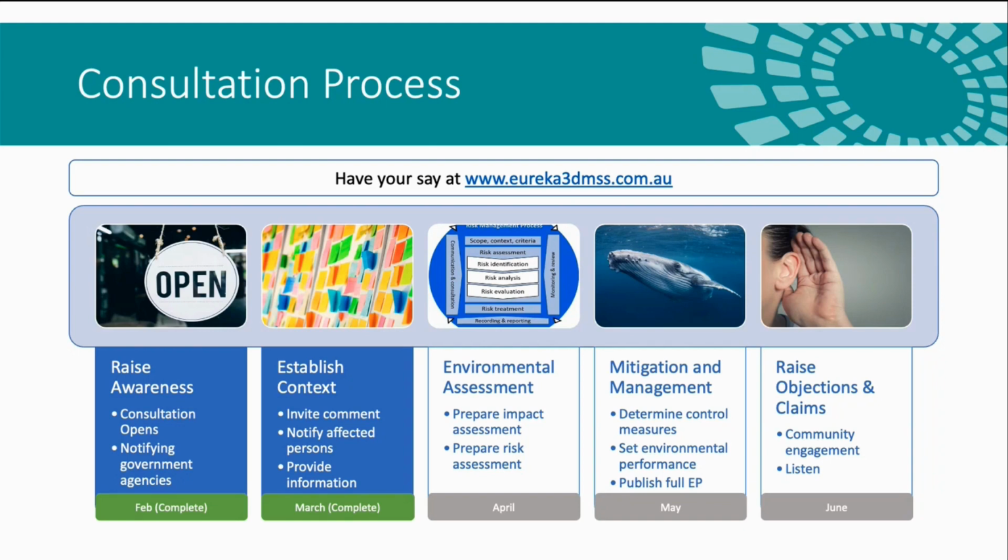And so we'll consult on that in May, and the intention at the moment is to publish the full EP, if not the full EP, very close to the full EP. And obviously the document, actually I should clarify, is a draft environment plan because it's not gone into the regulator at the moment. And the reason we publish that in draft format is that it gives the community the opportunity throughout